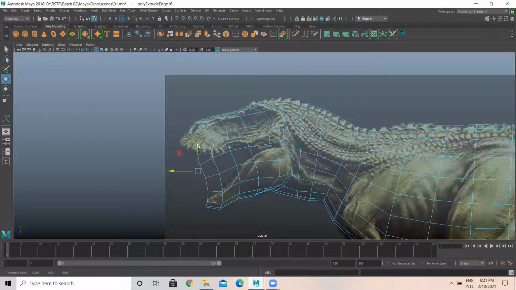So now I'm selecting these faces to be like this. This is here, this is here, this is here, this is here.